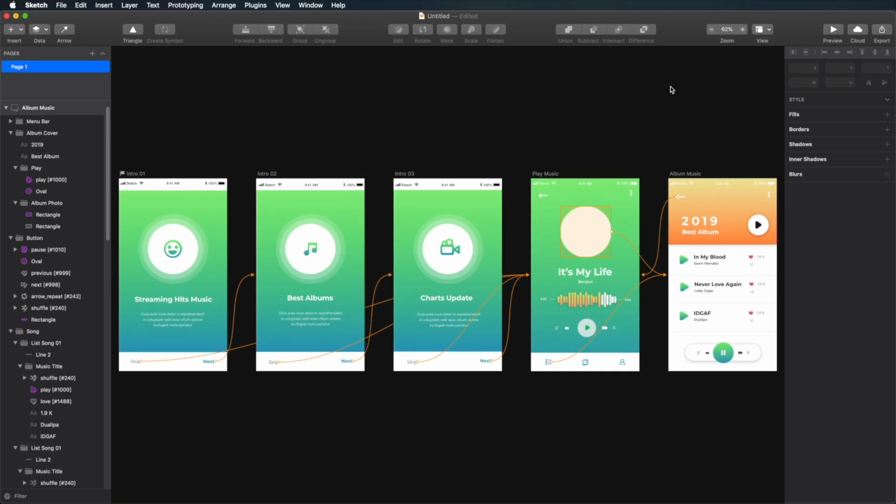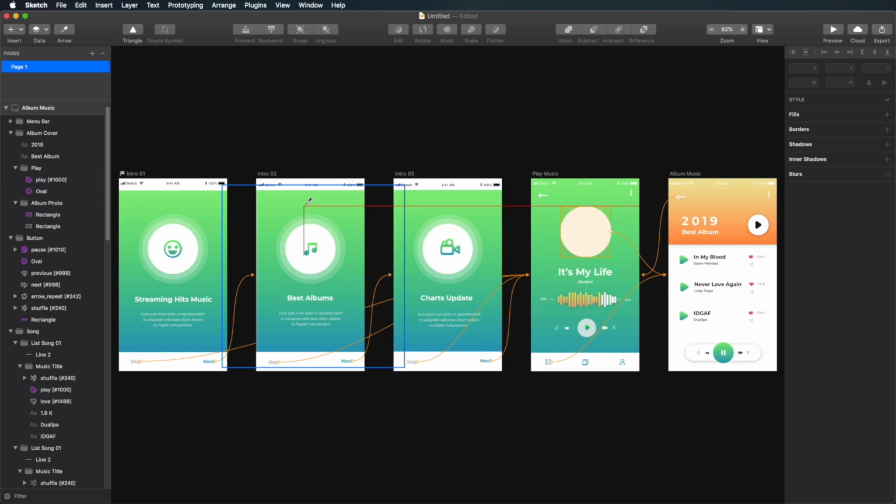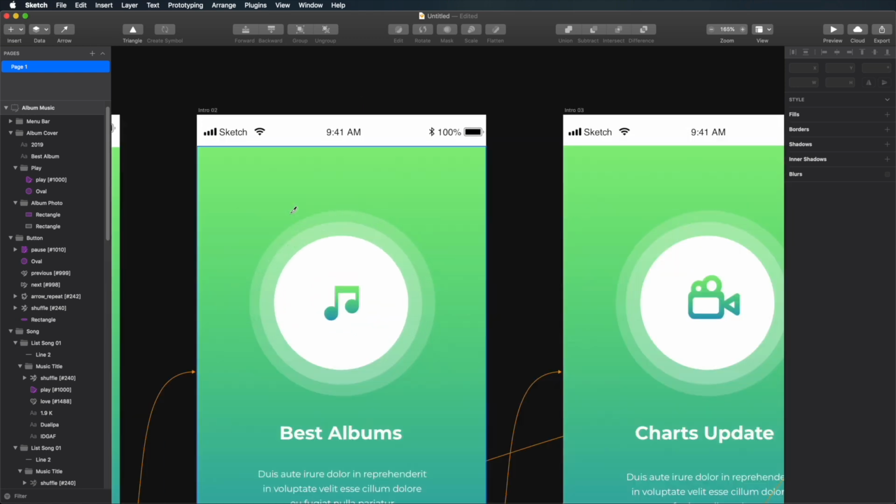When designing in Sketch, at some point you'll want to export certain elements or even code. That is super simple to do, so let's check it out. There are a couple of different ways you can export elements from Sketch. The first way is to create slices. To create a slice, you would go to Insert, Slice, or press S on the keyboard, and then just